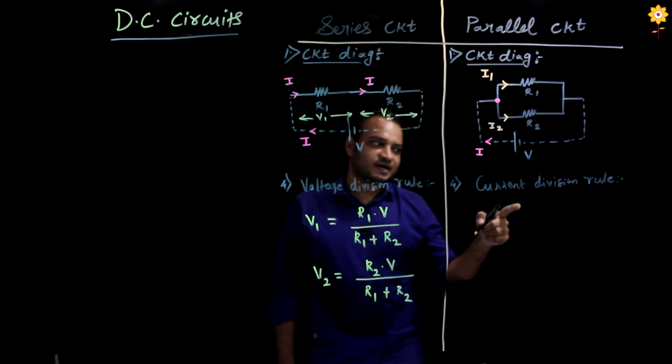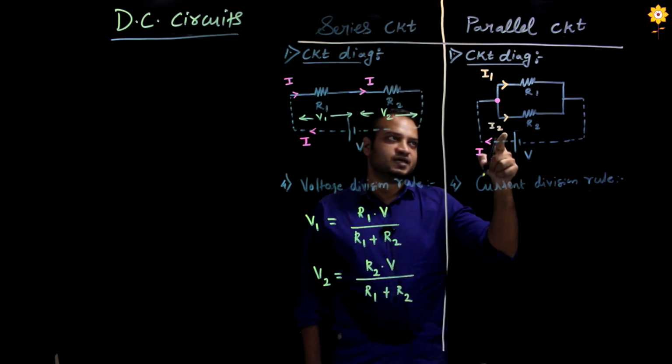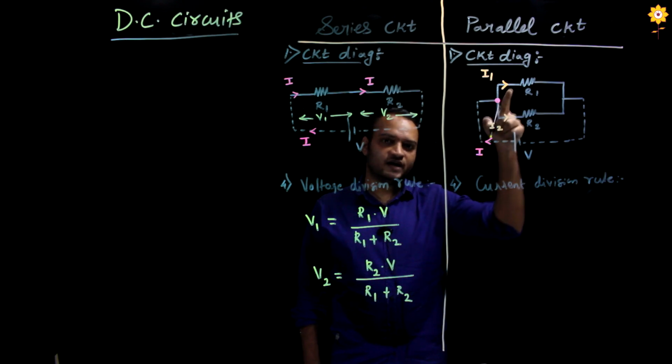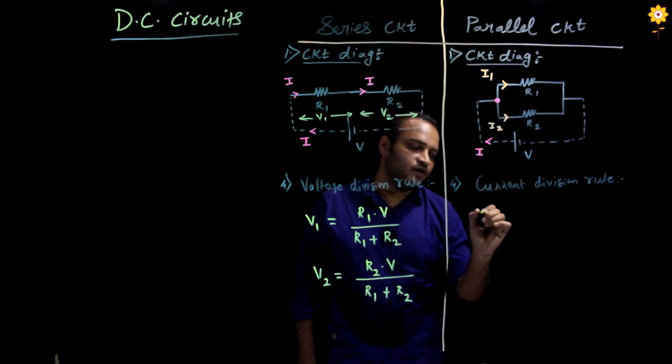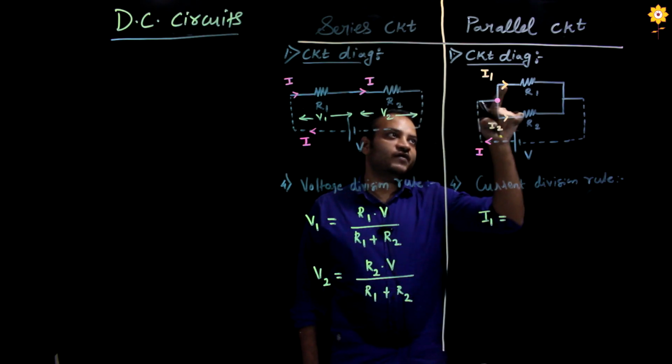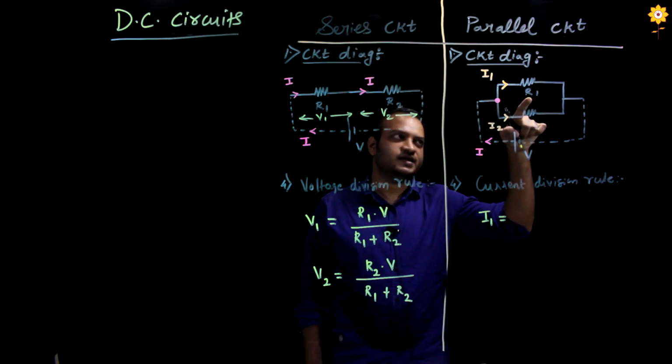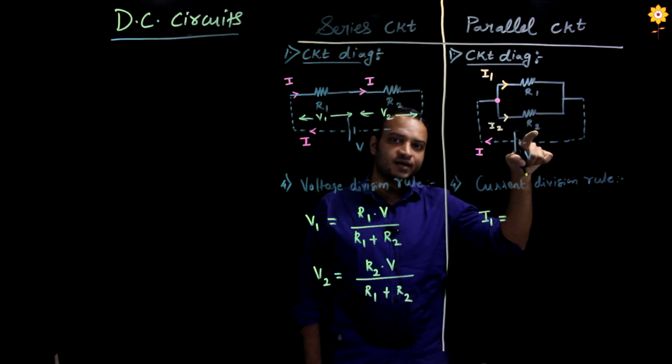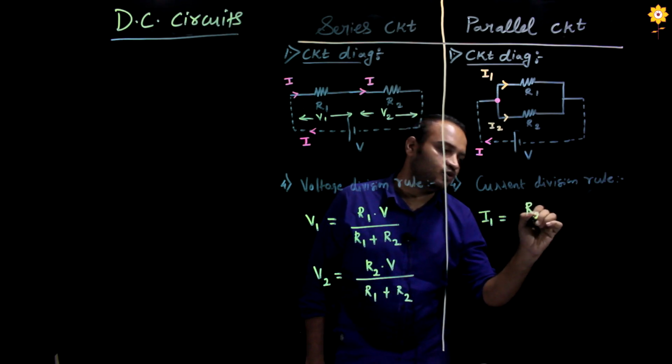Coming towards the current division rule. Now in this case I have different currents, I1 and I2. If I want to calculate current I1, I1 is the current flowing through which resistance, that is R1. So in this case we will have to see what is the resistance opposite to R1, that is R2. So I will write R2